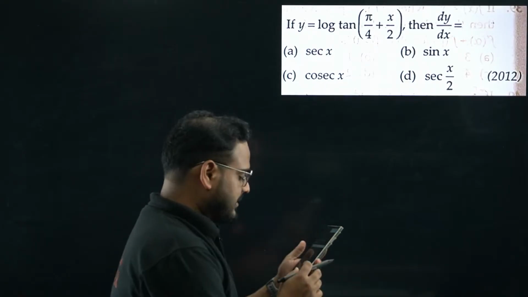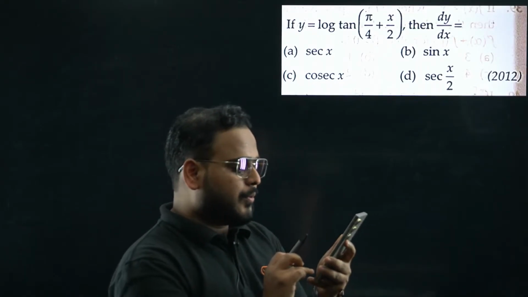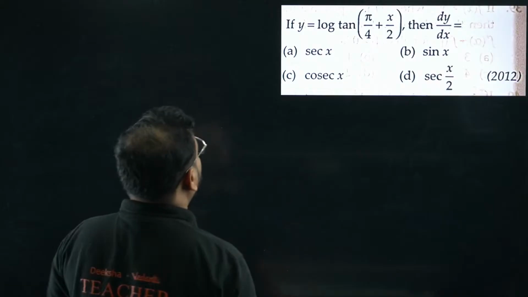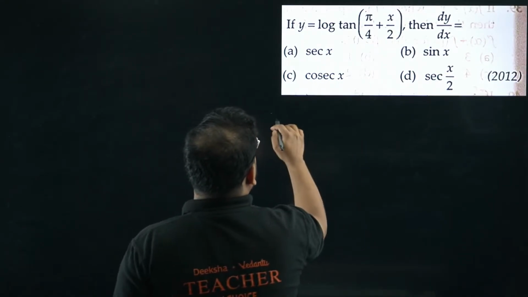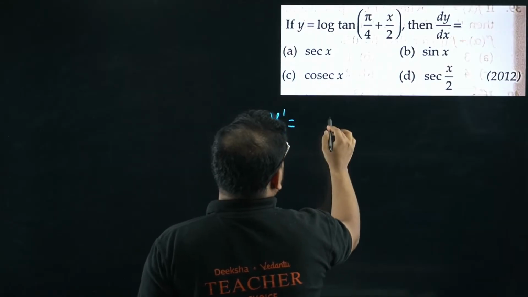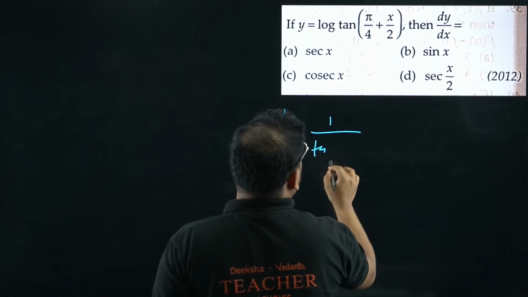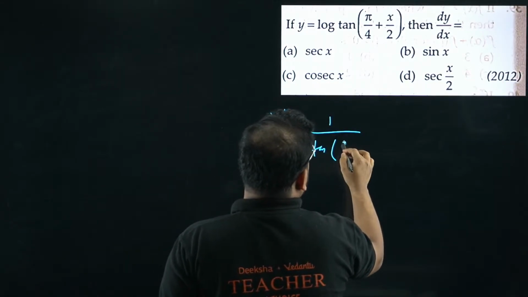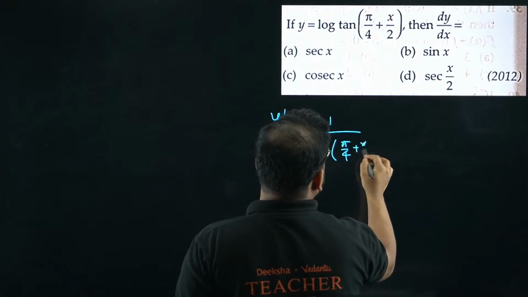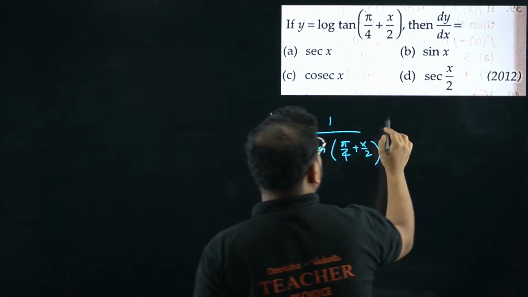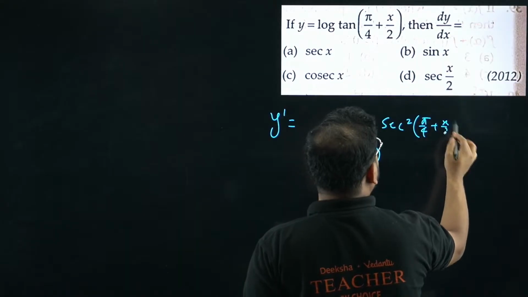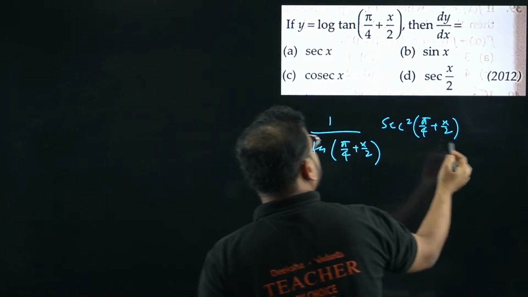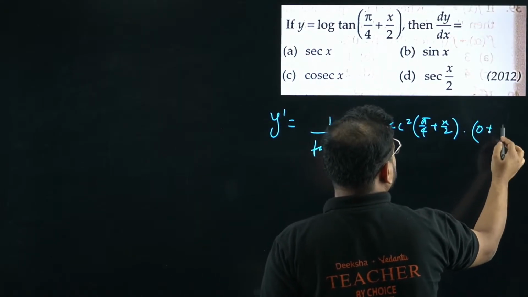What is the answer, guys? I didn't get any options from all of you. Yeah, answer for this question, come on. Y equals log tan of pi by 4 plus x by 2. How do you solve this? Looking for derivative, right? So right here, y dash will be equal to 1 upon tan of pi by 4 plus x by 2. Then tan derivative will become simply sec square of pi by 4 plus x by 2, and then differentiate this bracket also inside. We'll have 0 plus 1 by 2.